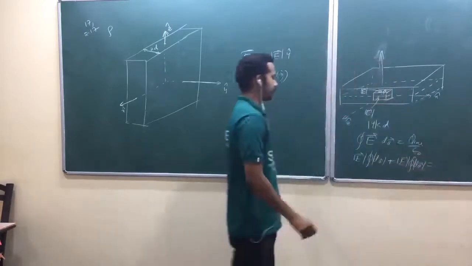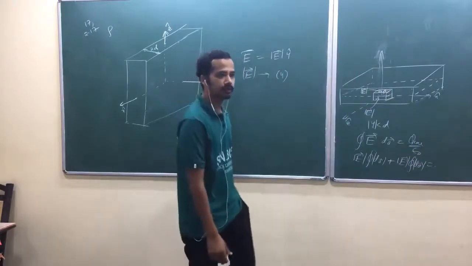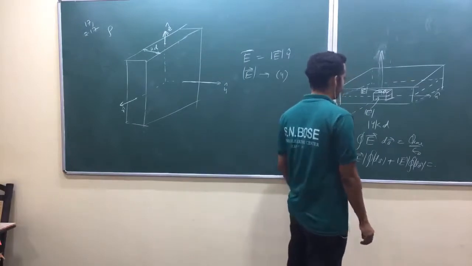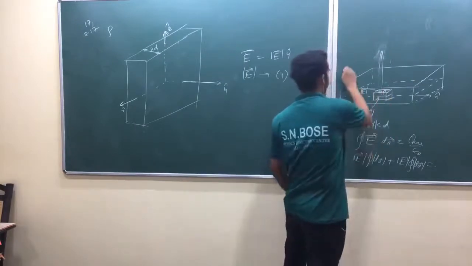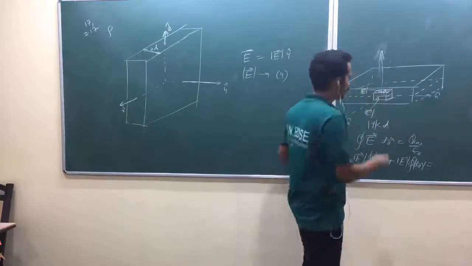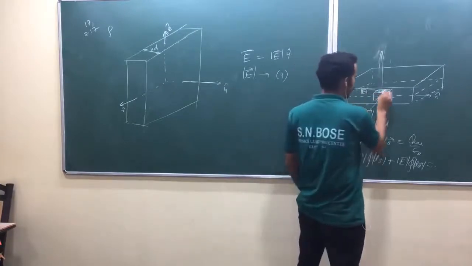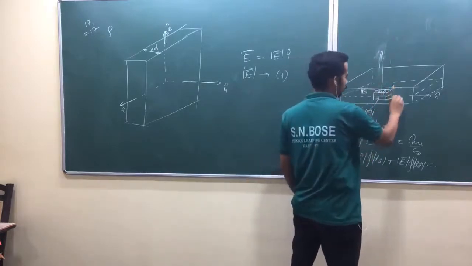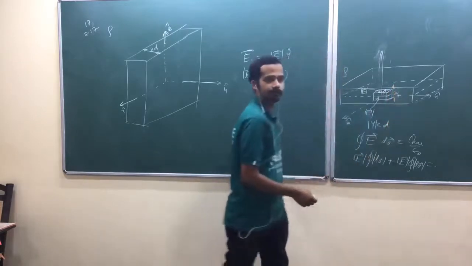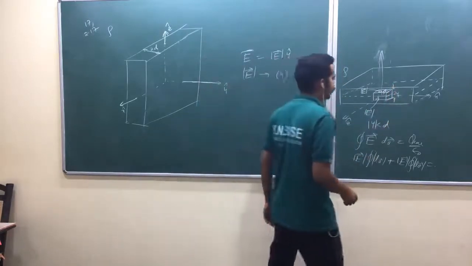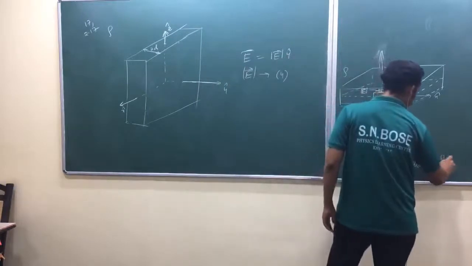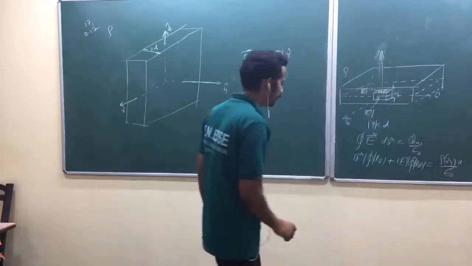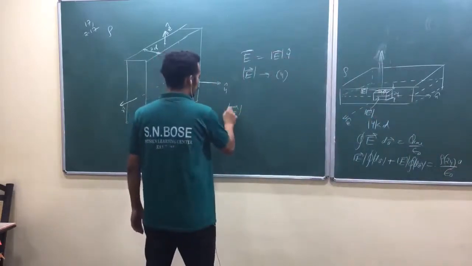Then you need to find the charge enclosed. Is that okay? What is the volume of this one? The charge density is rho. Rho into volume, you will get the charge enclosed. I have taken it at Y, remember. Then this distance should be 2Y. So rho into 2Y into A divided by epsilon naught. So electric field into 2A, am I right?